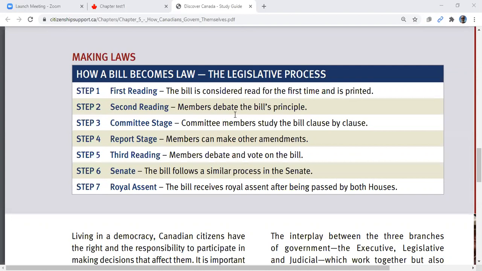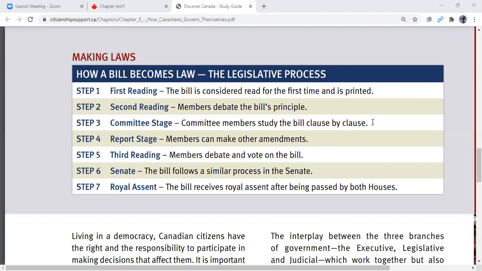So there's a lot of debates in the House of Commons. That's all they do. All they do is debate ideas. So they talk about ideas. Okay, so they read it once, then they read it 2 times, and then they do this thing called a committee. A committee is a bunch of people. So you have people from the government and from the opposition, and they look at it very closely. It says they study the bill clause by clause. That means that they study every sentence in the bill, and they make sure they understand and there's no problems.